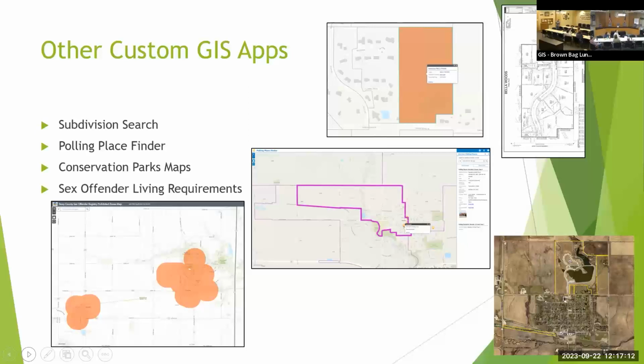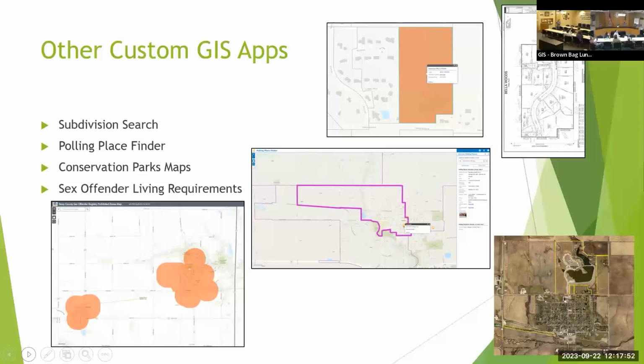In the center of the screen is a polling place finder. I know there's a lot of ways to find where you vote. I know the state, the Democrat and Republican parties, I think, have their own solution, and the Secretary of State's office. But we just thought, well, we'll do our own too, so we can at least control it and have a little more information, because on our site, when you click it, you can get a photo of what the place looks like, and some other more detailed, local information. You can see the local maps behind it. So we'll show that as well. That's pretty handy around election time.